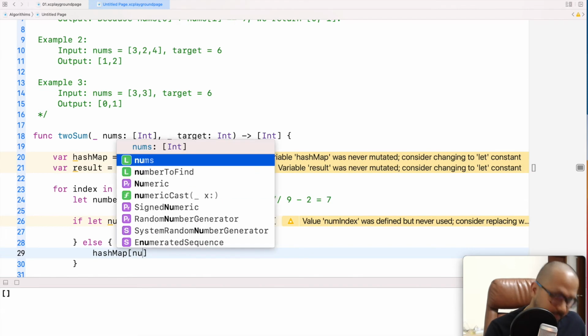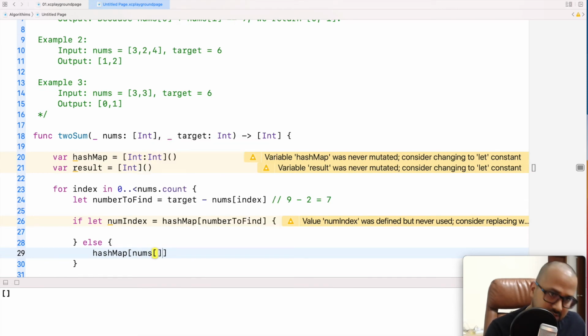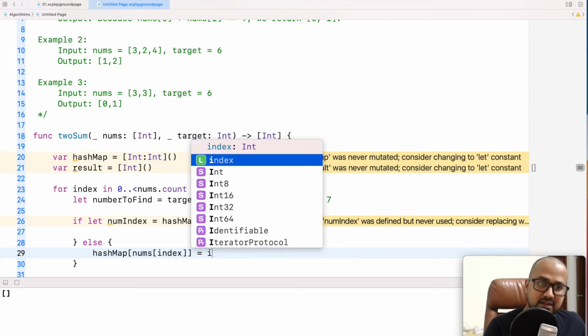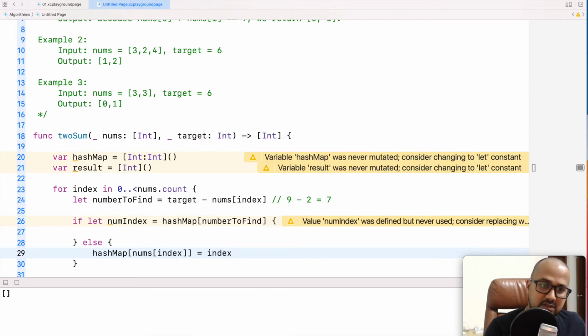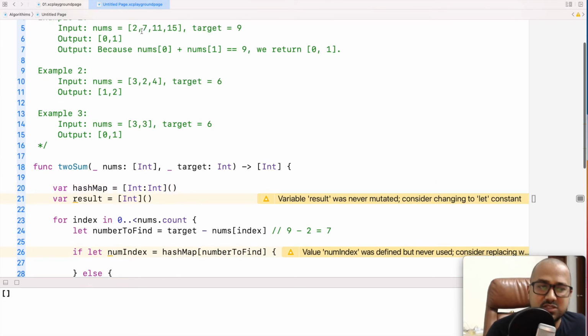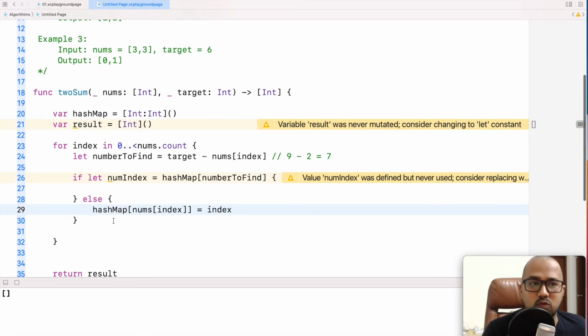I'll say the value which is there at index, I will keep it as a key so that I can directly get the index. Index is something I need to return, correct? So I'll try to find the key. Okay. So num index, I will keep it at index. So we'll again go back to the first condition. What is happening here? So we will say hash map. Now I have 2 at 0.